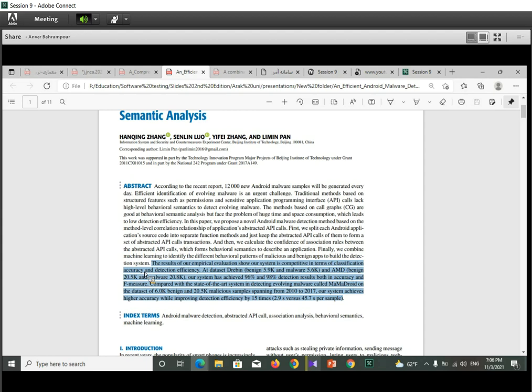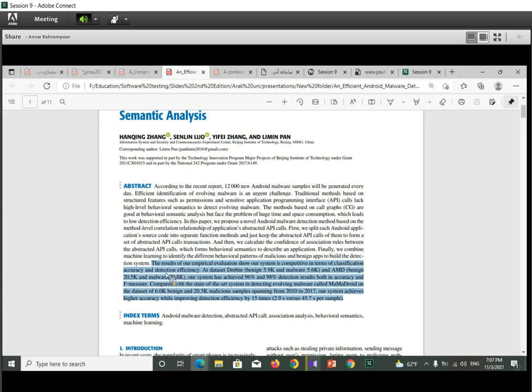The accuracy is the first criterion, the first metric of our evaluation. And the second metric is detection efficiency. Detection efficiency probably means the speed of the malware detection process, or the time complexity of malware detection, or the amount of memory needed to detect malwares.